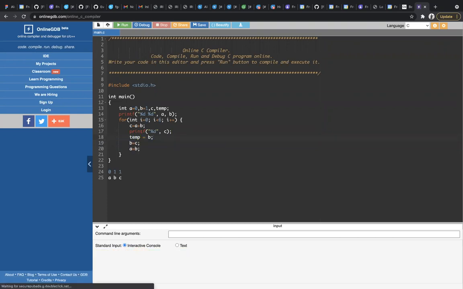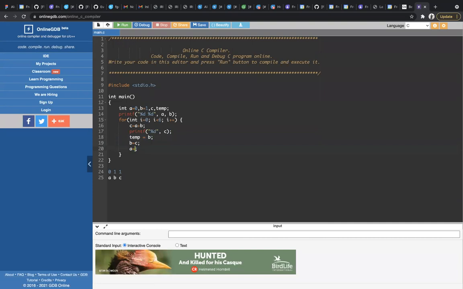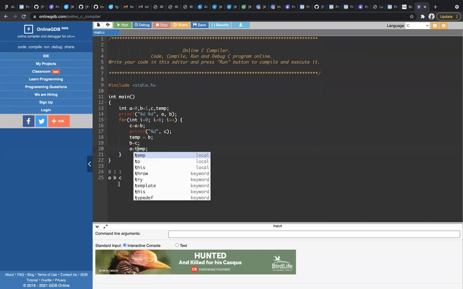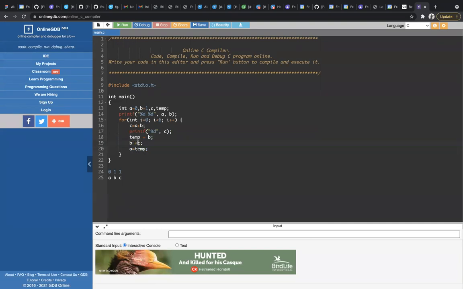So I will save it in temp, then in A I will give temp. And after doing that, consider I'm printing it.